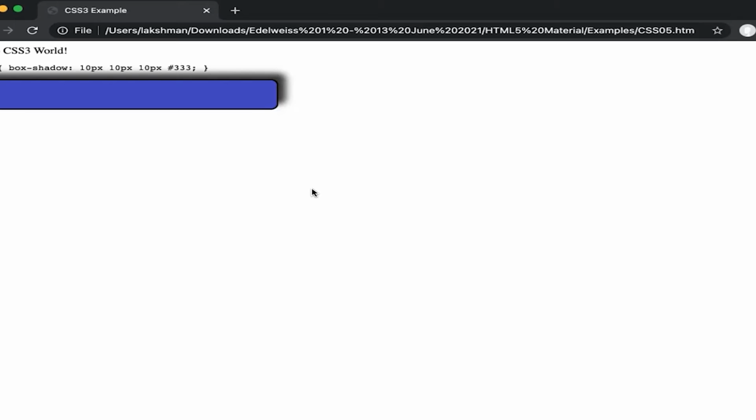And I'm trying to change the value of the vertical offset from 10 to -10 in decrements of 1. So it is 10px, I make it 9, then I make it 8.